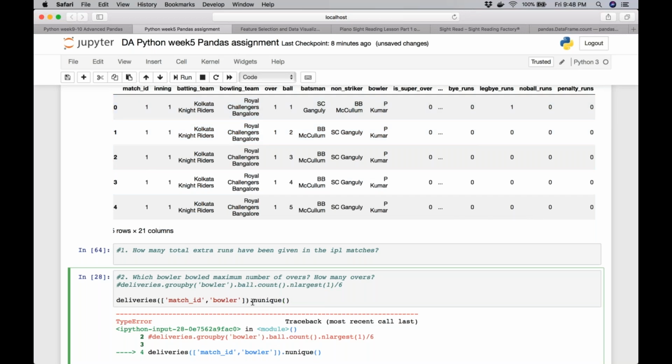I'll keep this open so that I can come back to it at the end of the class. But broadly, we can use this approach to find exact number of unique overs for each bowler and for each match ID. And we have to group by match ID as well, because otherwise there will be duplication here. So we cannot find the unique for over number.